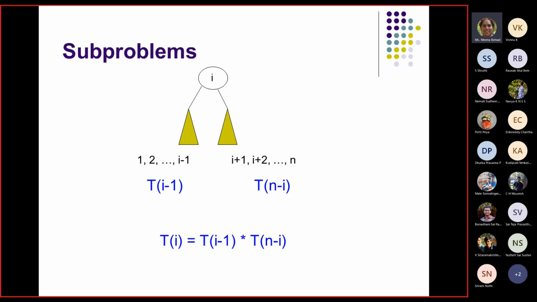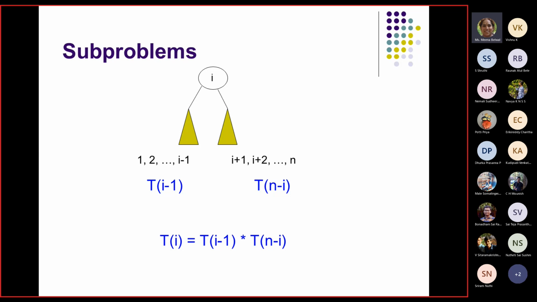Suppose I is my root node. Then the sub problem is like this. I am fixing the root node I, then how many unique binary search trees I can get for numbers 1 to I minus 1? Why? Because if I am fixing I as the root node, all the integers less than I, 1 to I minus 1, go to the left. The problem is not for any random number. The nodes are given 1 to n. Please remember this problem. It's not that the nodes are given with a skip. All the numbers are given 1 to n.